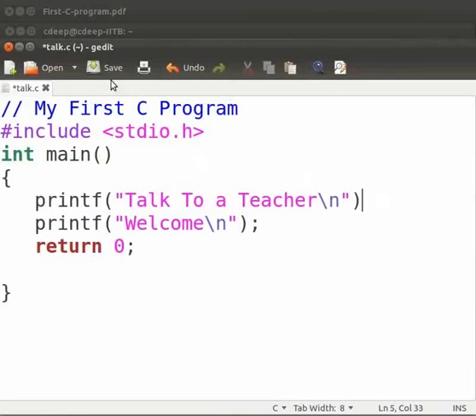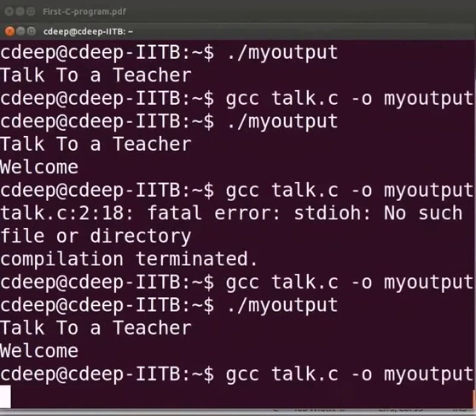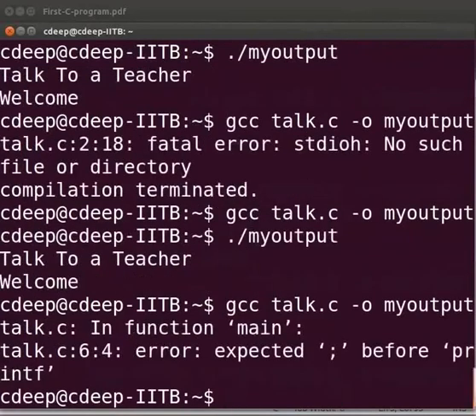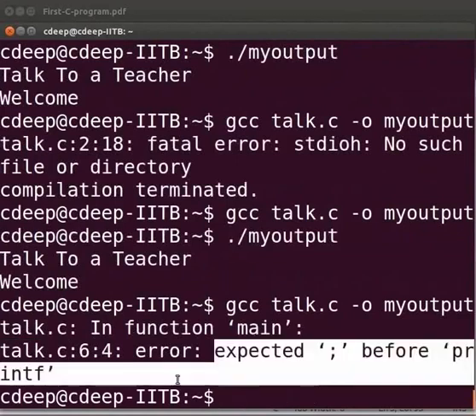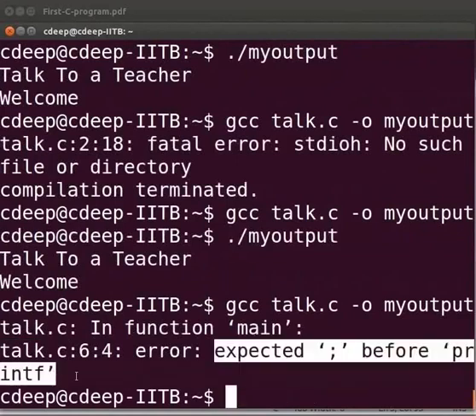Click on save. Let us compile and execute. We see that there is an error at line number 6 in our talk.c file, that is, expected semicolon before printf. Come back to our program.